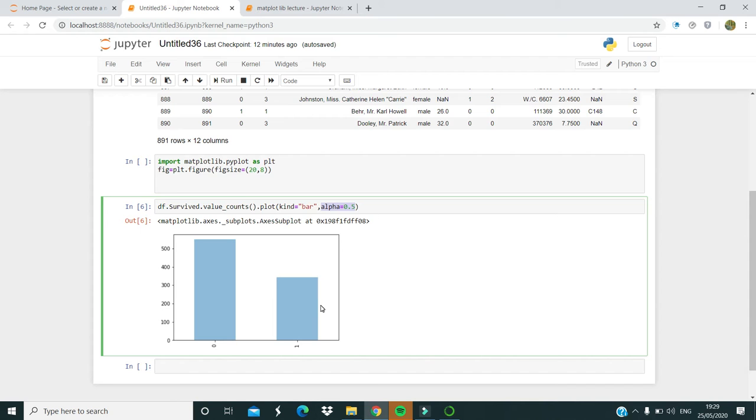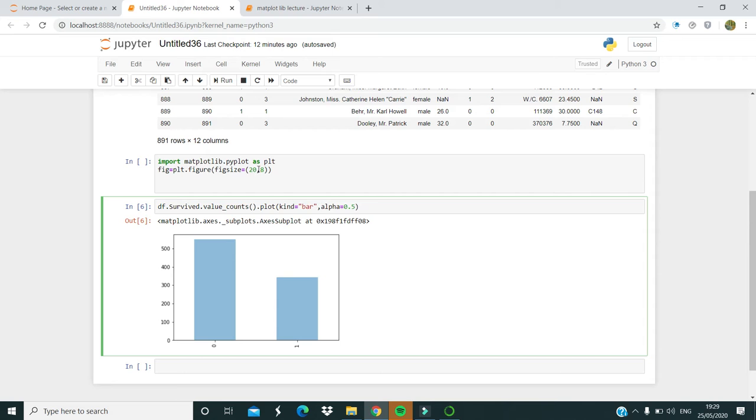Before that I was not getting the graph because alpha sets the transparency. If we are not giving that, then it is only returning a matplotlib object. So if I use alpha 0.5, it shows me a plot.